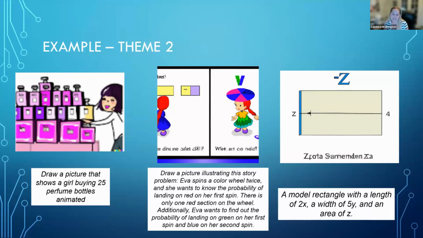So if the girls just asked it to draw a picture to illustrate the story problem, they might get kind of nonsense like this. If they specifically requested a mathematical diagram, that's this final one. They asked for a rectangle with length 2x, width 5y, and area z. I mean, that seems pretty spelled out, pretty unambiguous. But still, essentially what they got was nonsense. So DALL-E 2 was not an effective tool for making mathematical diagrams to go with the scenarios and game ideas that the girls were creating.